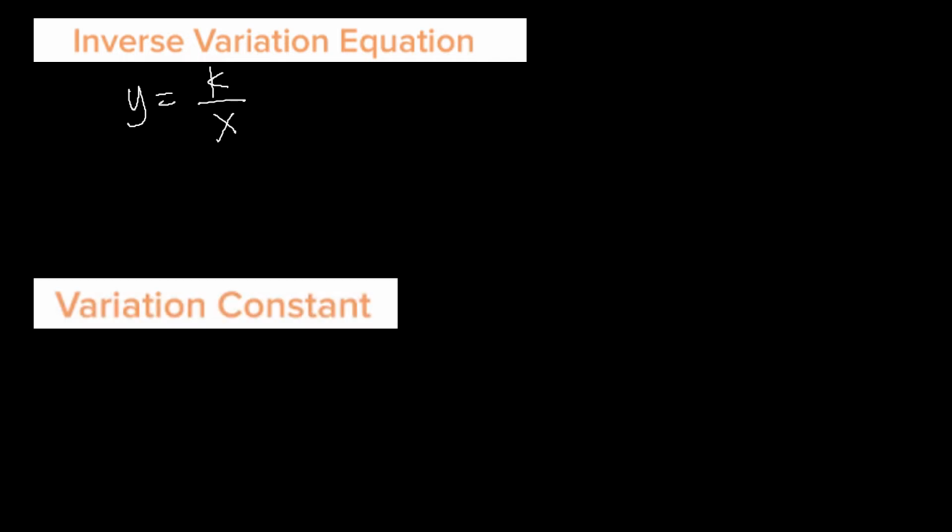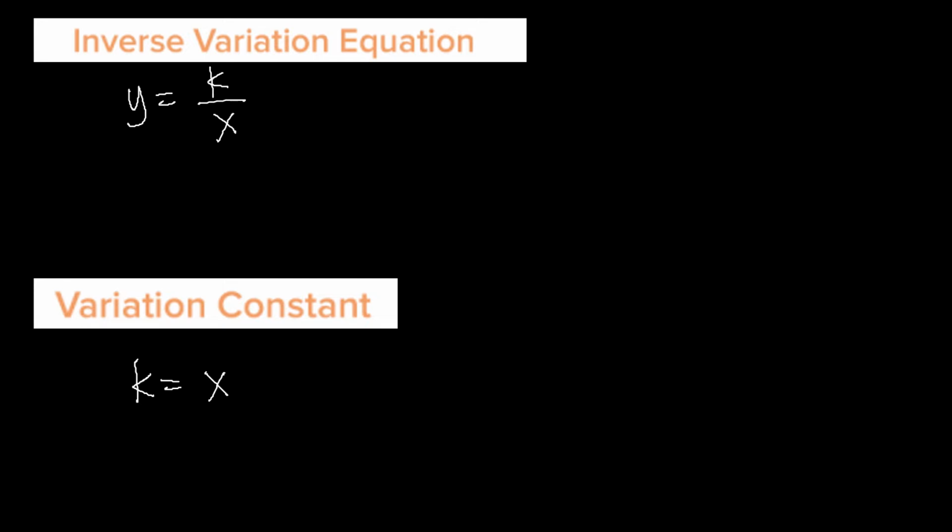So, what is the inverse variation equation? Okay, we have the equation of inverse. Y is equals to K over X. So, this is the equation of inverse variation. While the variation constant is K